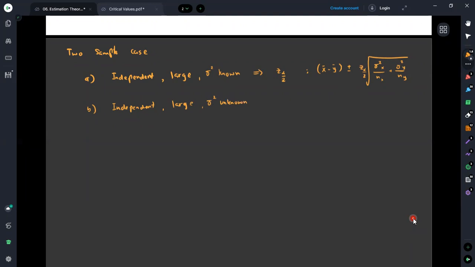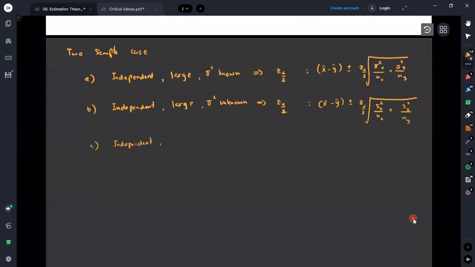Since the samples are large, we can still use the normal distribution to find the critical values. Instead of sigma squared, we use sx squared over nx plus sy squared over ny. Now in the third case, we are going to discuss independent